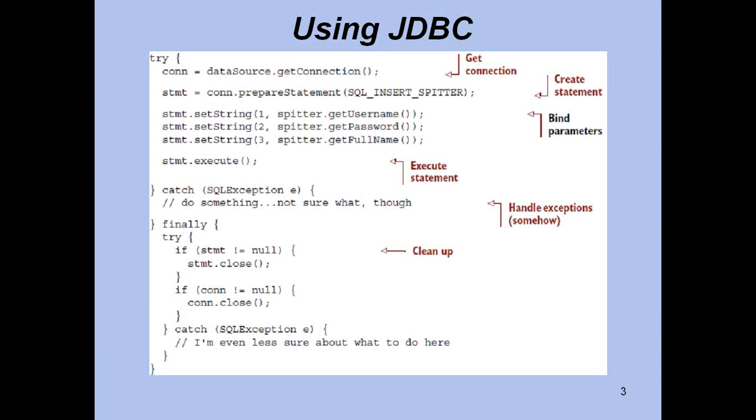Now you got the connection object. Now you have to say connection.prepareStatement. Now you got the statement object. Within that SQL, there are certain values that need to be bound, the parameter values. So then you have to say statement.setString of 2 comma, statement.setString of 3 comma. So you are binding the parameters. Then you are executing that using statement.execute.